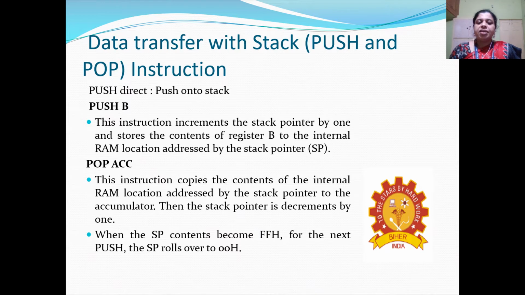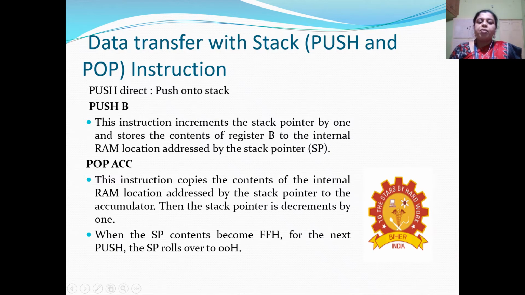And next is the data transfer with stack memory. So when we want to involve some operations with regard to stack, the basic instructions used are PUSH and POP. So first one is that when we want to push, that is, store some value in the stack, the stack pointer is incremented by 1, and then it stores the content.